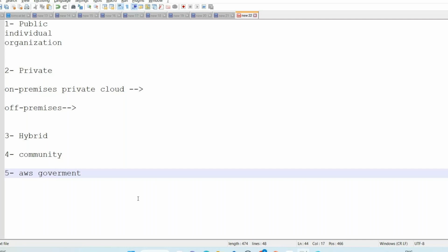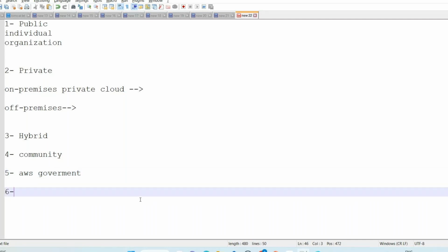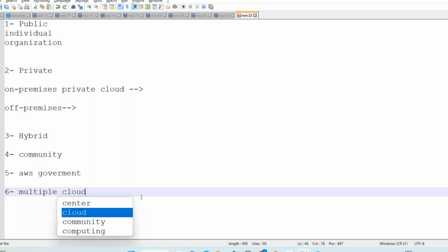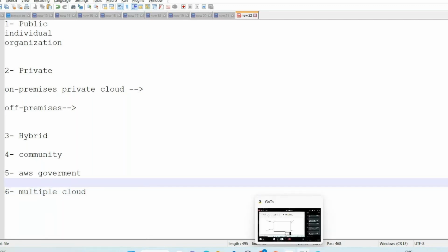And team, right now, most of the time, as you will also be seeing, companies are going for hybrid cloud. Sorry, multi-cloud. So team, what is multi-cloud? Multi-cloud is that if you have done R&D on AWS and Azure, and you know what services will benefit you from all these, like from AWS you are taking the